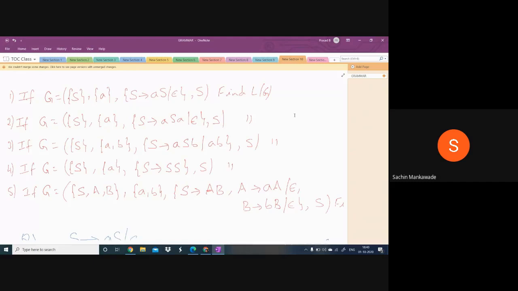Wrong. So A power n, B power n, and n is greater than 0. Right. That's good. Remaining also right. Hey, Akmal,